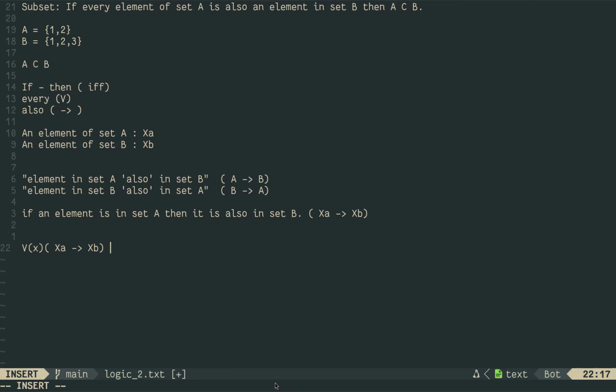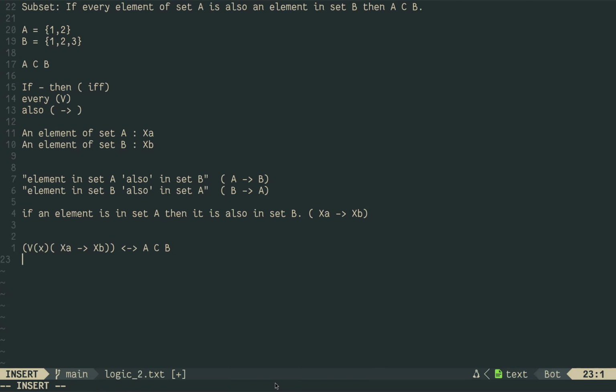So what this basically becomes is, if this happens, then a double implication A belonging to B. So now if we read this, A is a subset of B if and only if for all the x, if x belongs to a set A, then it belongs to a set B. Now we have written it in logic, but we also need to test the logic. So obviously, let's first of all